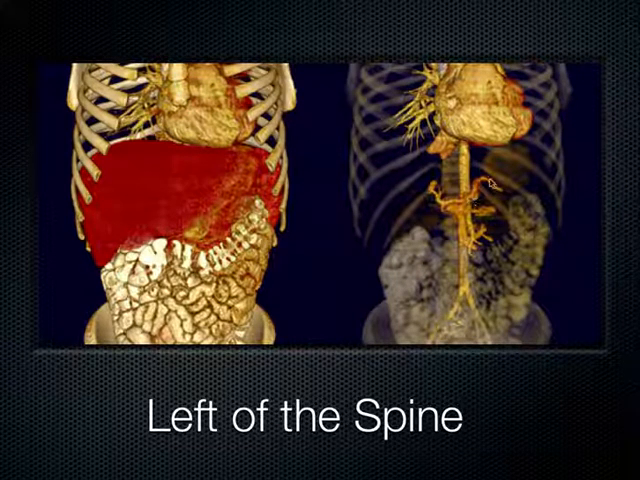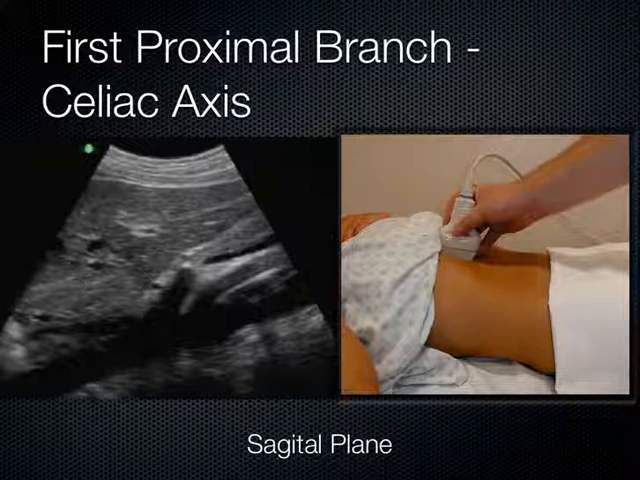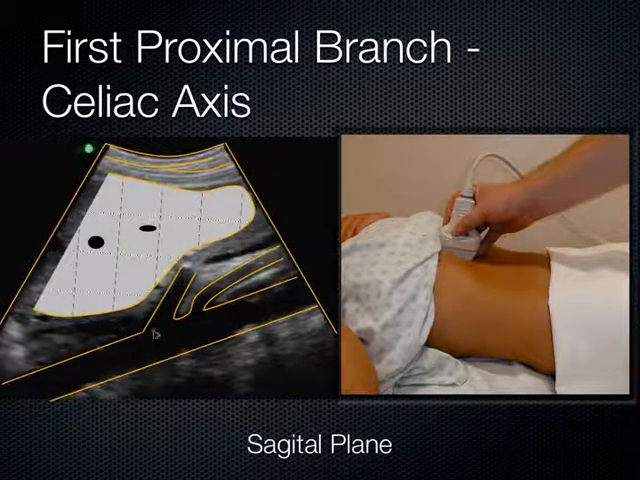The first branch that comes off is the celiac axis. It brings blood to the large organs in the abdomen like the spleen and the liver. The next branch is the superior mesenteric artery, which brings blood to a very large organ, the intestines. Here we are in a sagittal plane. We can see that the first branch of the abdominal aorta is the celiac axis, and it appears like that